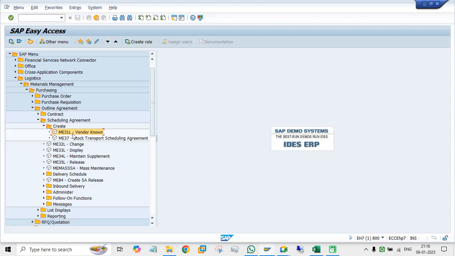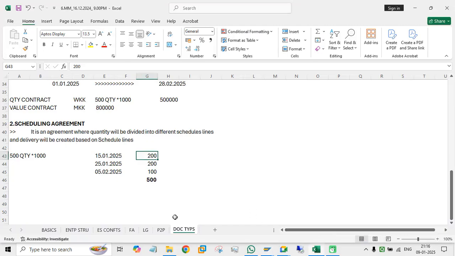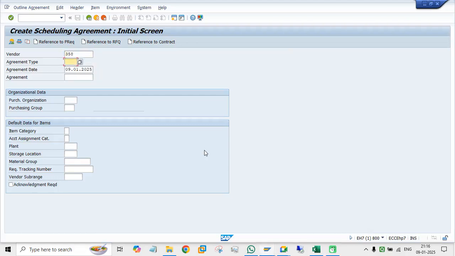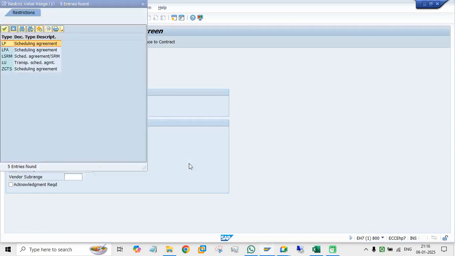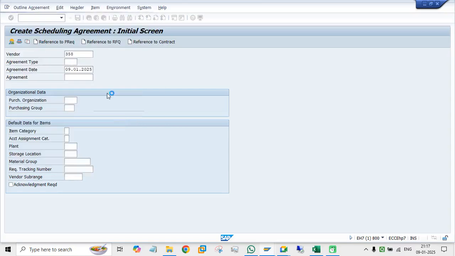So double click on this. So vendor, agreement type is LP, scheduling agreement, and then purchase organization,